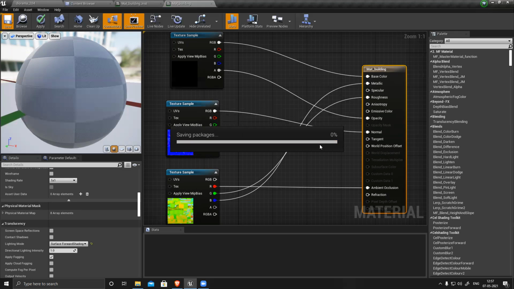It's taking a little time. Unreal is a little heavy on the system, so I don't know. It's saving, so it's taking a little time. Save quickly.